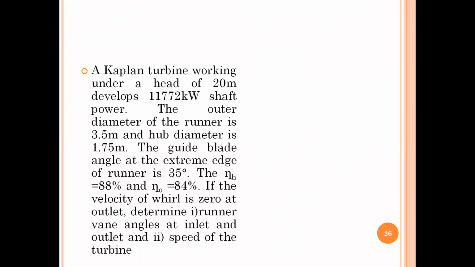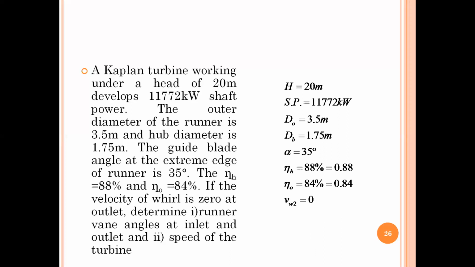So here they've asked you the angles. So again, it is mandatory that you draw the velocity triangle for the Kaplan turbine. Remember, for Francis and Kaplan, the velocity triangle looks the same, but the conditions are different. In your Francis, U1 is not equal to U2. It is given by two different formulas. Whereas in your Kaplan turbine, U1 is equal to U2 and your VF1 is equal to VF2. So we'll see what data is given.